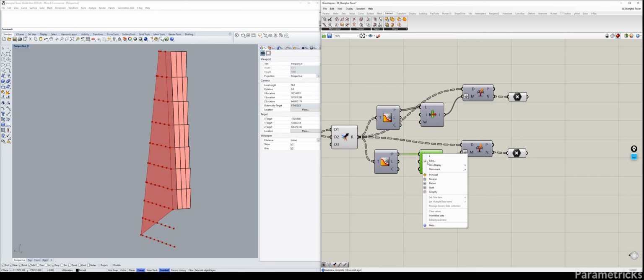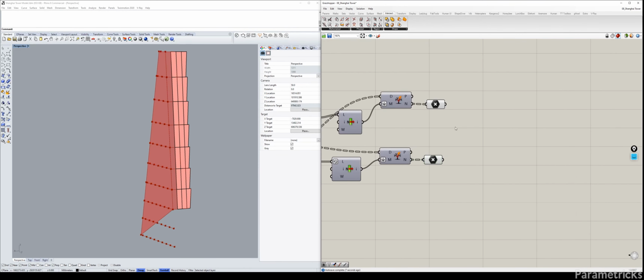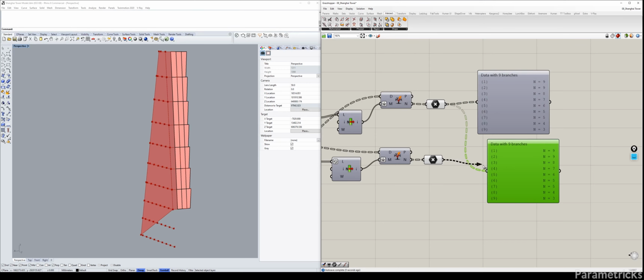And for the second one, we're just going to reverse the path so that we are selecting everything at the bottom except for the top. Everything except the top one. So now that we have these two groups, before we do something else, I want to show you something first. If we plug in the param viewer, you'll see that